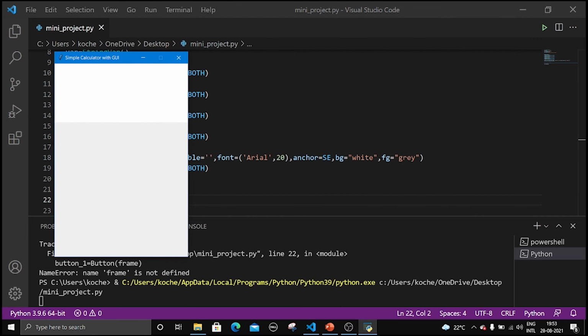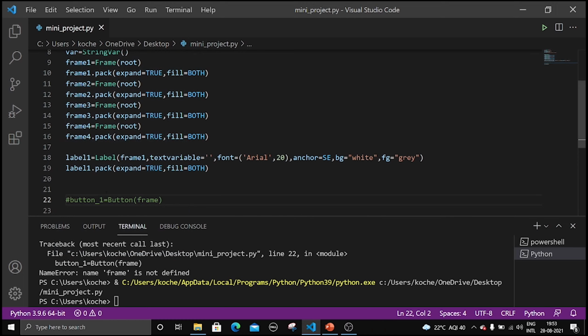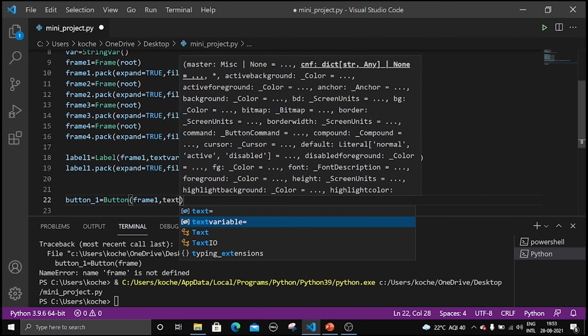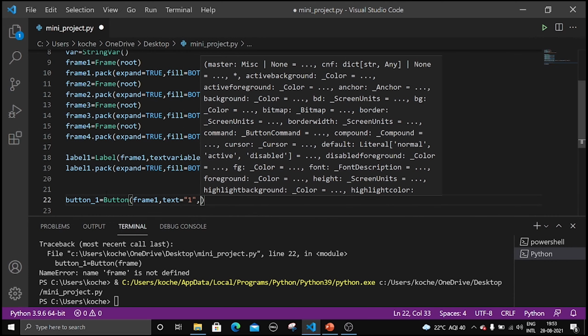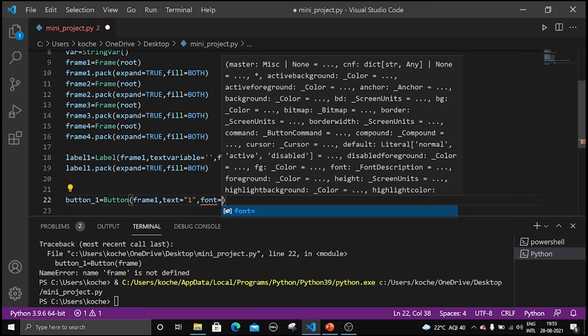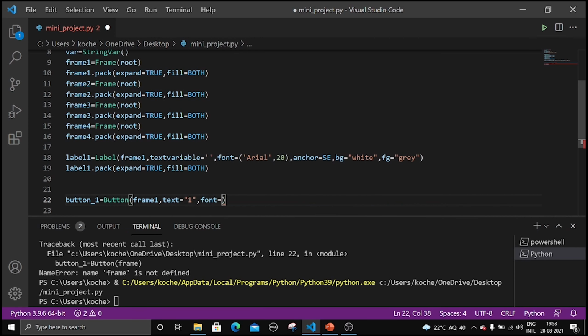Frame 1 holds 1, 2, 3 and addition. In frame 2, 4, 5, 6 and minus. So got it? This is how we should do. So 1, 2, 3 and the addition symbol should be placed inside frame 1. Next, the text the button should carry is 1, and for the font, let us keep the same font.